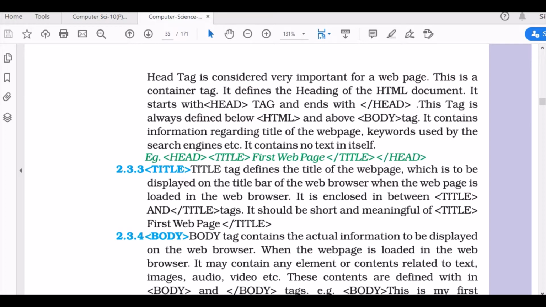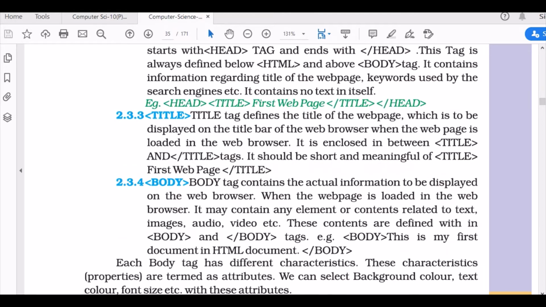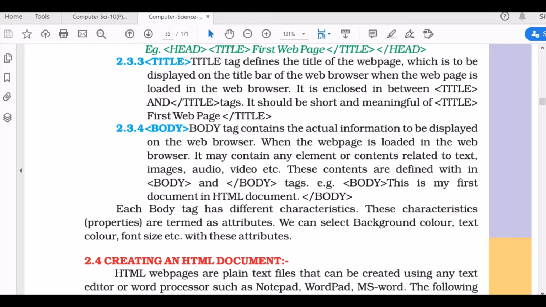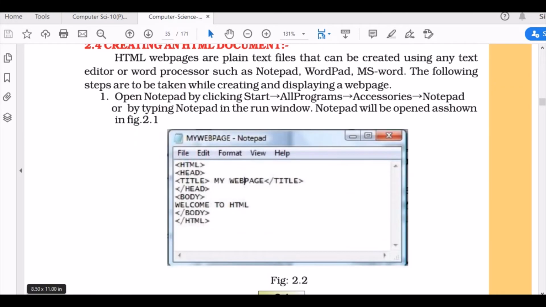This is the syntax, head, title. Remember, the title is not the information itself, the body is. Now the contents of the page that you want to share, text, actual paragraph, an image, whatever, is enclosed within the body tag.